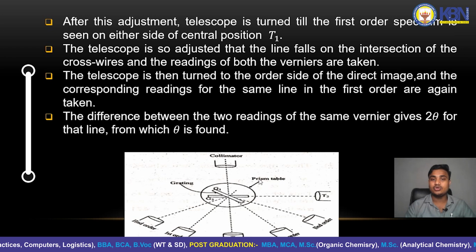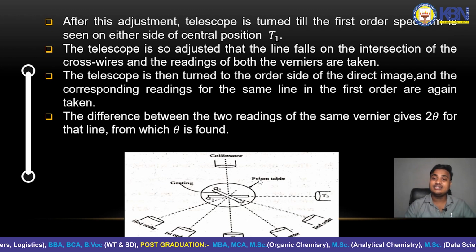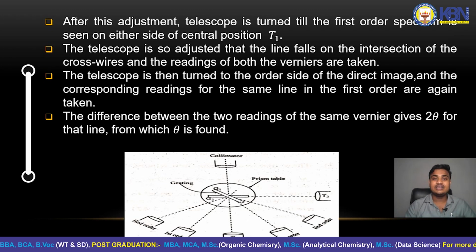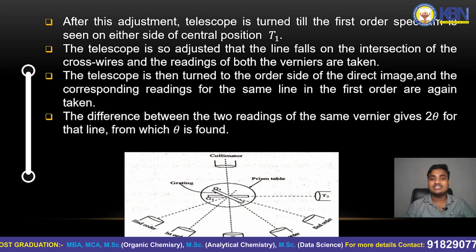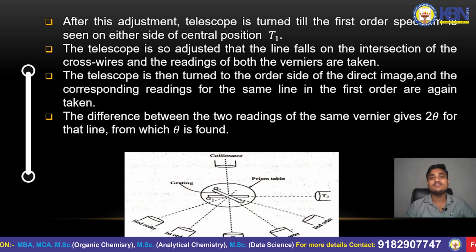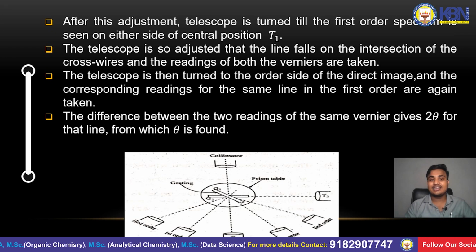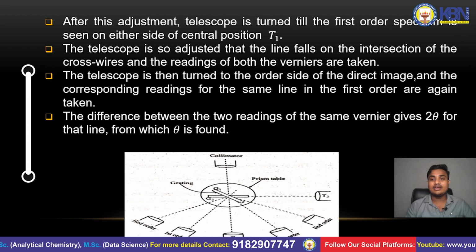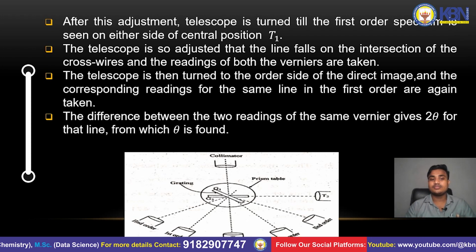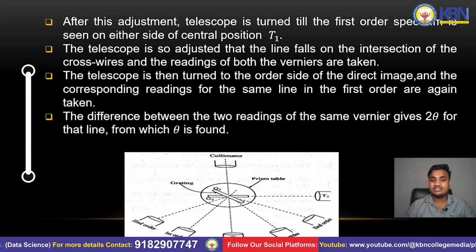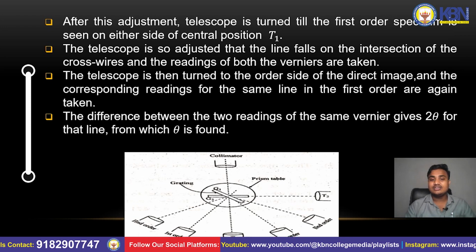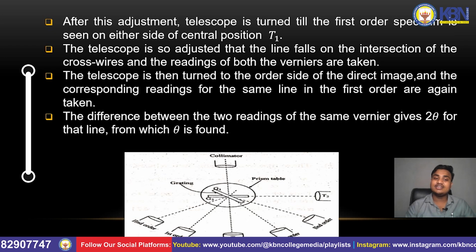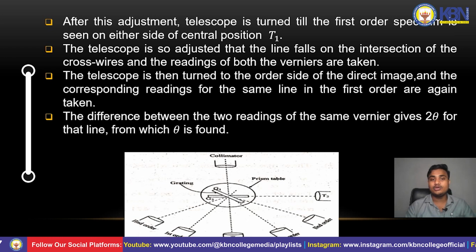It should be rotated on both sides. The telescope is so adjusted that the line falls on the intersection of the crosswires and the readings of both the verniers are taken. The telescope is then turned to the other side of the direct image, and the corresponding readings for the same line in the first order are again taken. The difference between the first order reading on the left side and the right side will give the 2 theta reading for that line, from which we can find the angle